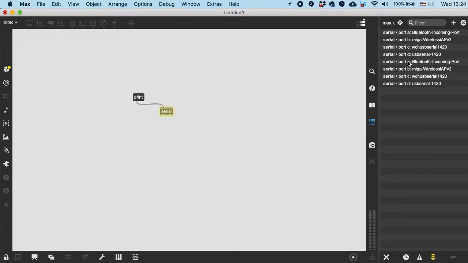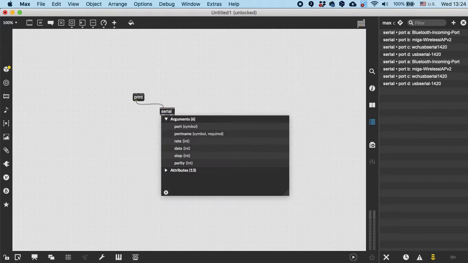And in the console we have A, B, C, and D, and what we need to look for is WCH USB serial, and it is attached to the port called C. So next to the serial object we write port name C,